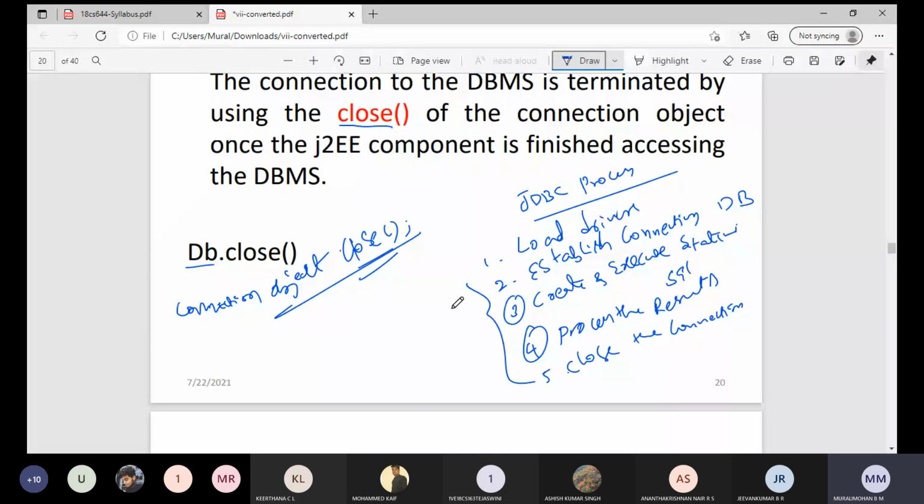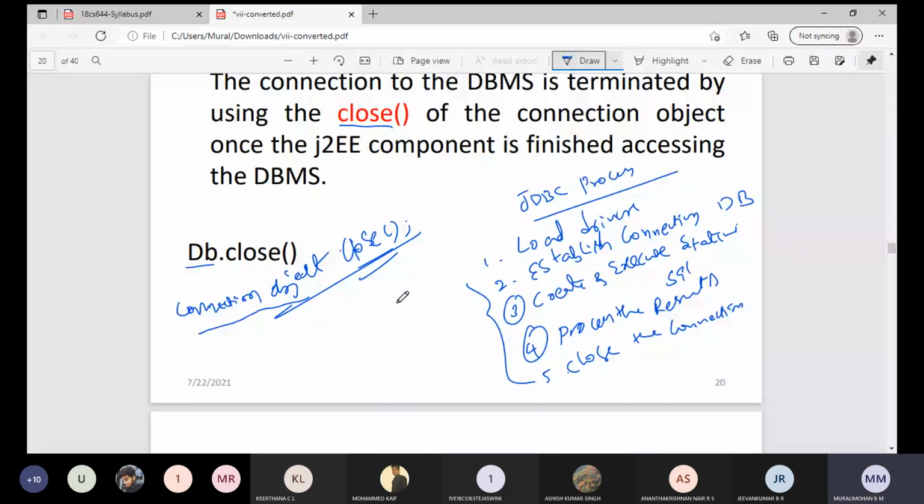Always remember, the same object we use to create the connection is the one we use to close it. So this is the JDBC process.